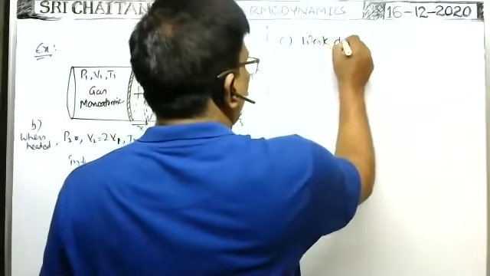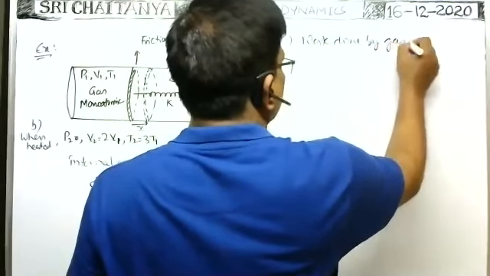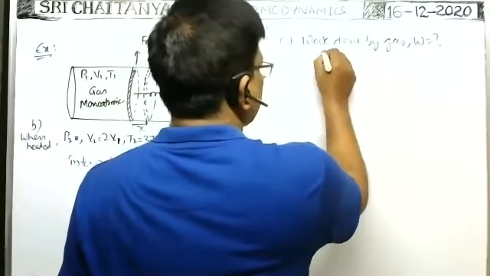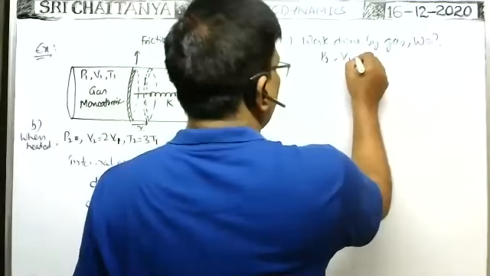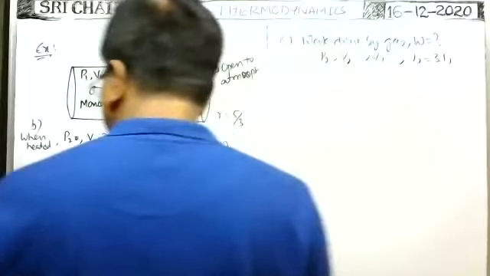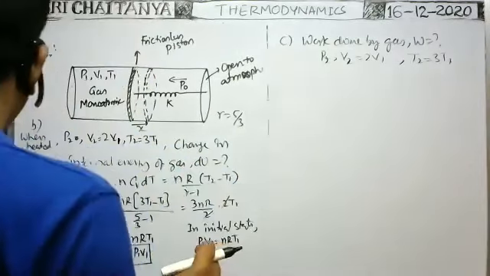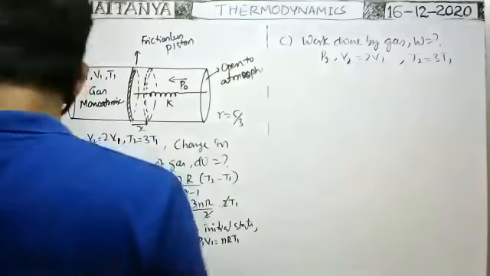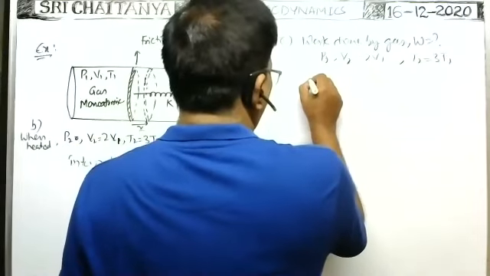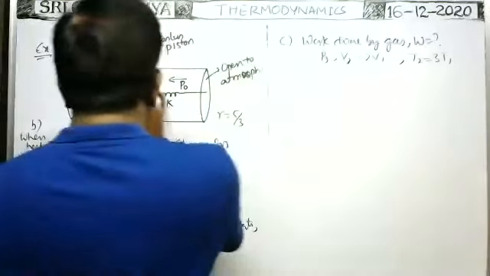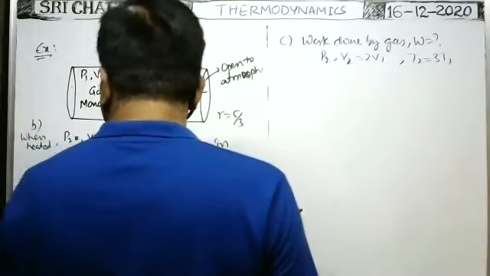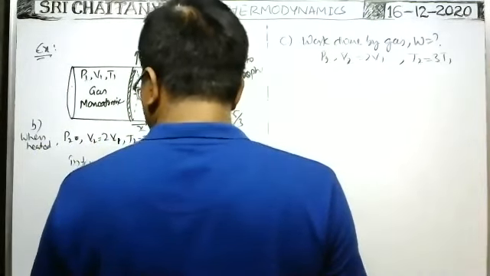So see, work done by the gas is how much? Same case: pressure becomes P2, volume becomes V2 equal to 2V1, temperature becomes 3T1. In the same case, whenever the gas is expanding, the net work done by the gas is equal to